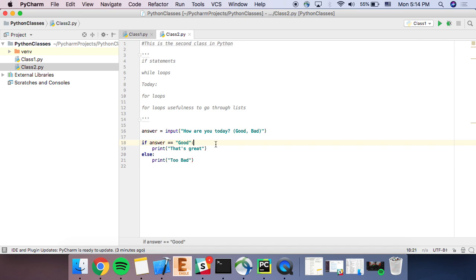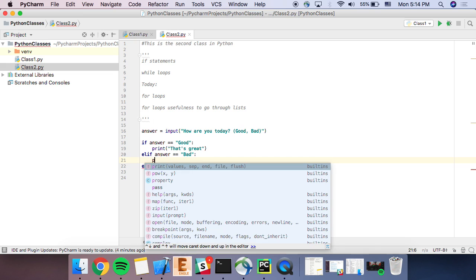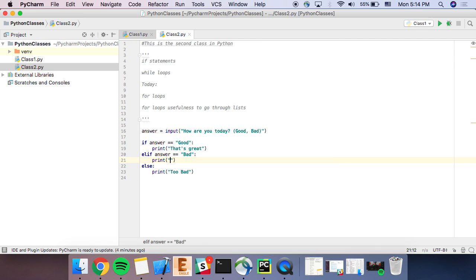Now we're missing the bad, right? So let's just put the elif, answer equals to bad, right? We can print I'm sorry, and then we can change the else to print too bad you didn't type the right thing. Cool. So if we run this program,